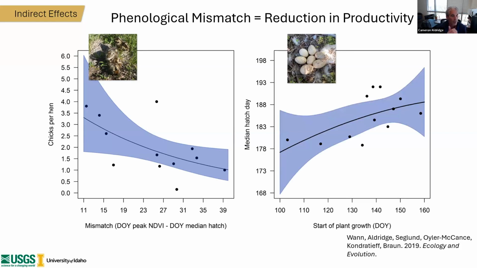in the populations. What's really interesting is it's not quite as sad a story as we might hope, that birds are trying to match this. We've seen this advancement of median hatch day over time. You can see here plotted by about 20 days. And the start of the growing season has advanced, and birds have tried to match this. But we don't know if there's plasticity in this trait, if there's a genetic basis for it, and how much birds are going to be able to adapt as climates continue to warm and the phenology of the breeding season and the plants and vegetation advances.